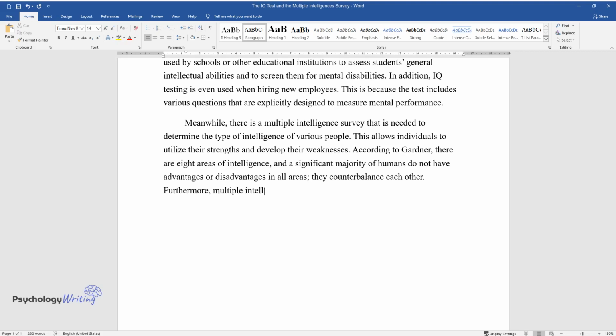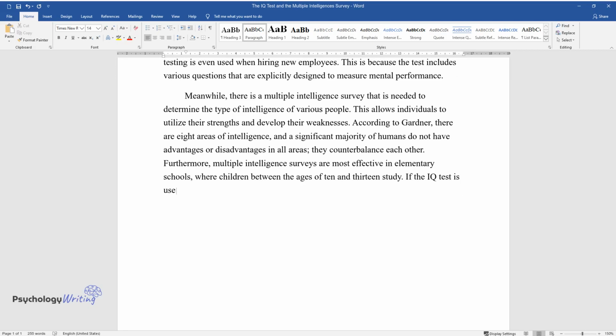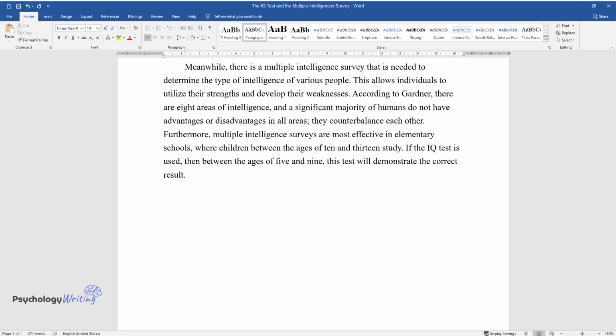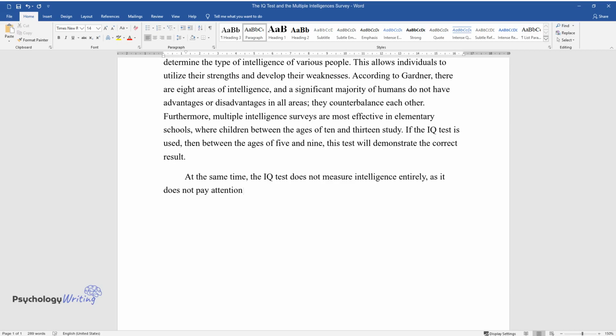Furthermore, multiple intelligence surveys are most effective in elementary schools, where children between the ages of 10 and 13 study. If the IQ test is used, then between the ages of 5 and 9, this test will demonstrate the correct result. At the same time, the IQ test does not measure intelligence entirely, as it does not pay attention to